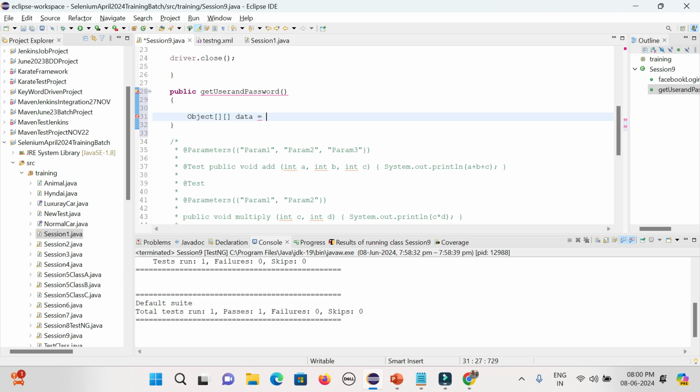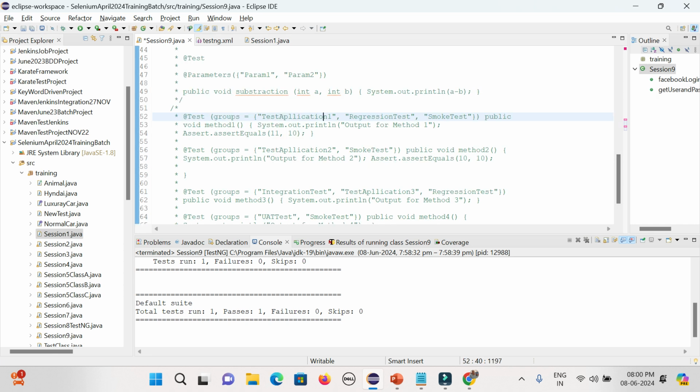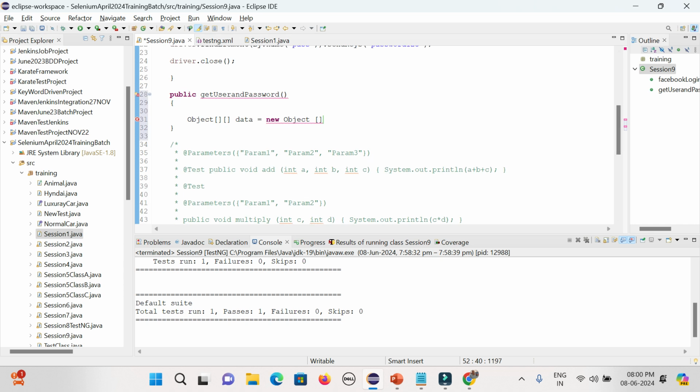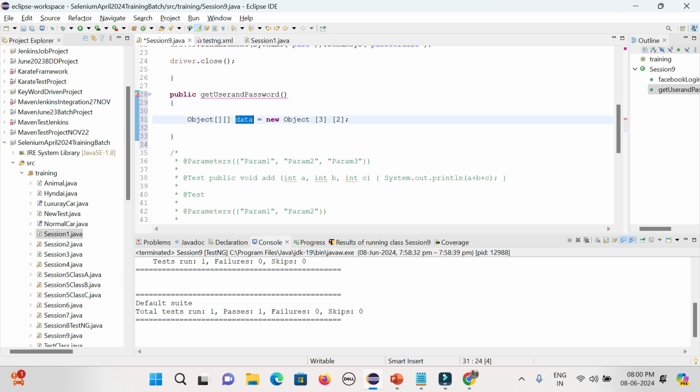Here you can give equal to new object, and you can give the row and column. So what is row? Row is nothing but number of iteration, and column is nothing but the number of fields you want to interact. So I want to run maybe 3 times, and my column fields I know are only username and password, 2 fields. So it will be an m cross n matrix. M is 3 here for row. It will go from 0, 1 and 2, and column is 2, so the values will be 0 and 1. So for data you need to give the two dimension